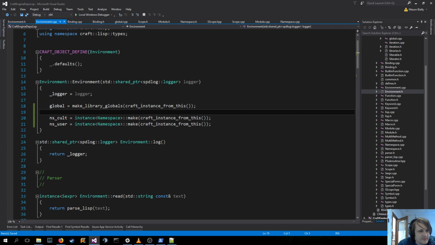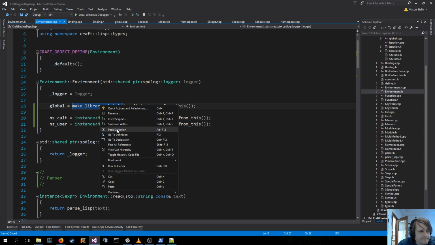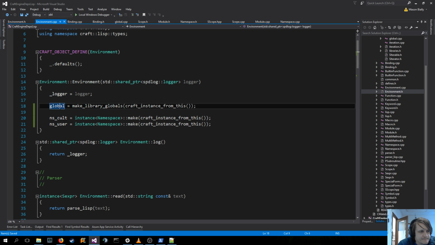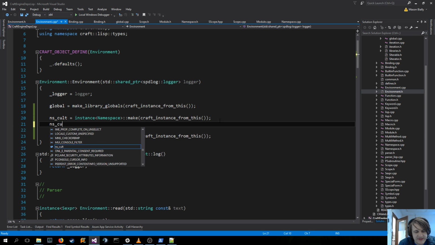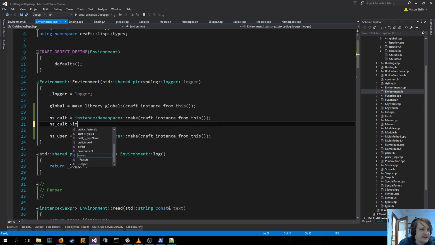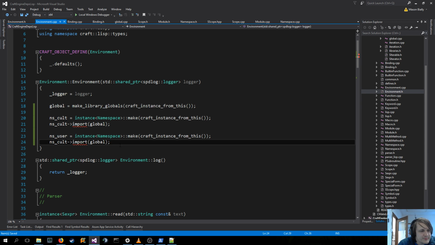So we have this module. I think we need to add a function so that I can import this module. Something like import a module. And that should then be able to,